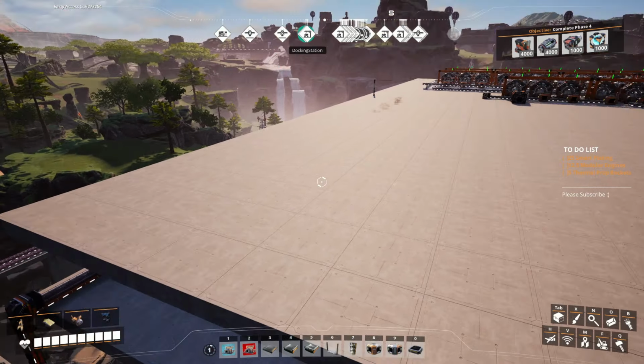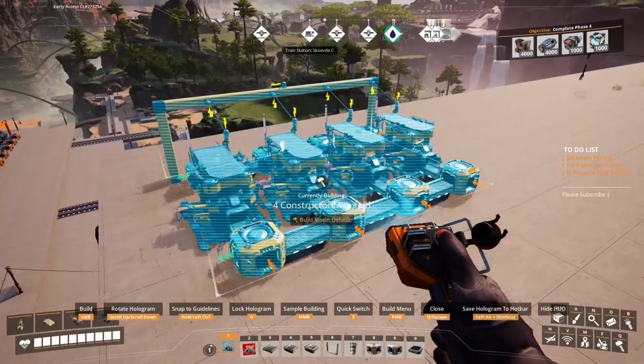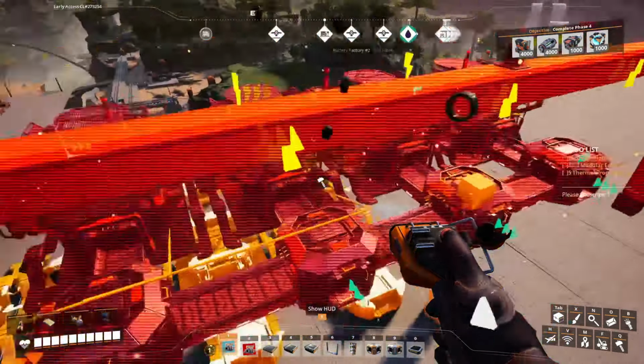Or actually, no, I'll probably send them facing that direction. So, well, not that many. This many. So I'm going to do 1 group here. This is going to be for iron rods. And it looks like I need 9. So we'll do...